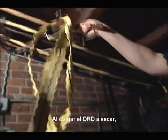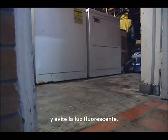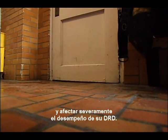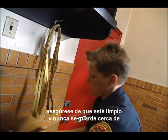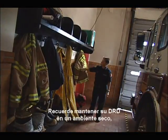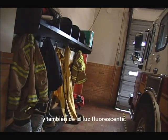When hanging the DRD to dry, keep the device out of direct or indirect sunlight and avoid fluorescent lighting. Failure to do so can cause degradation of the fibers and severely hamper the performance of your DRD. If storing an uninstalled DRD, make sure it is clean and never stored in the vicinity of sharp objects. Remember to keep your DRD in a dry area away from direct or indirect sunlight and from fluorescent lighting as